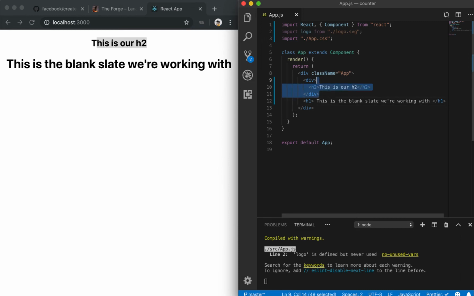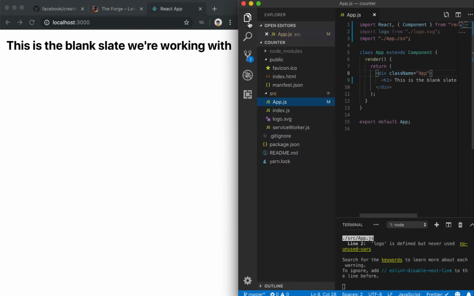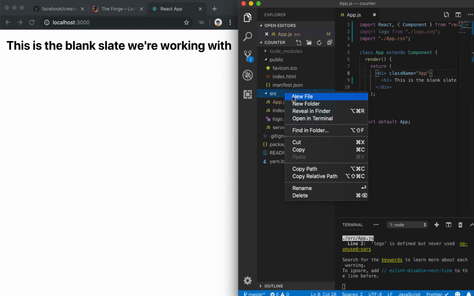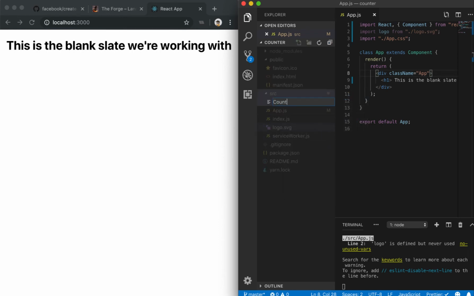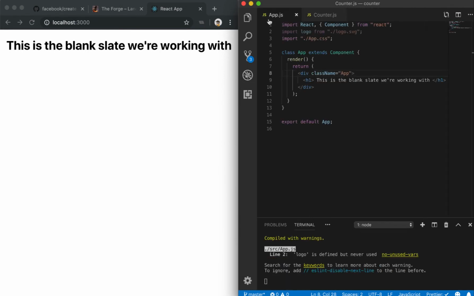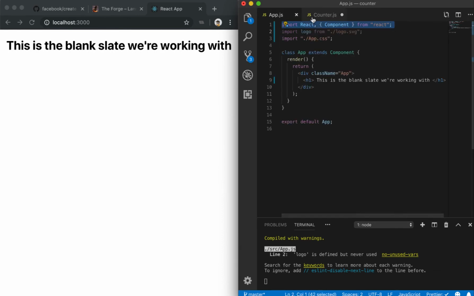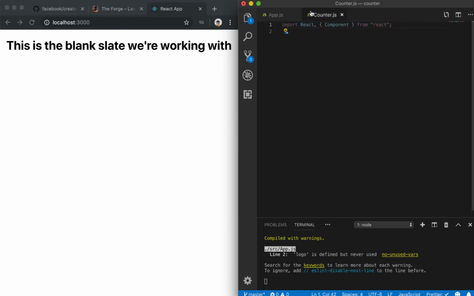So let's get rid of this, and what we're going to do is create a new component. We're going to come to our source, create a new file, and call it counter.js. Now, when we set up a new React component, we can actually analyze our previous React component to see the things we need. The first thing we need to do is import React and the component library from our React library itself. Once we have done that, we are going to create the